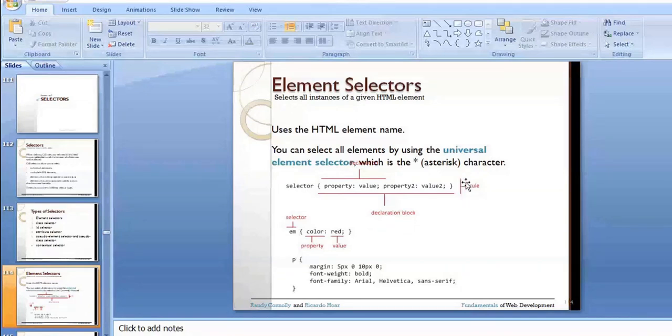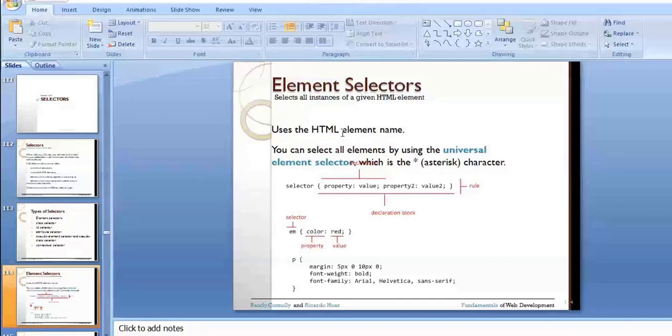Sometimes you may need to specify a single, same style for all the HTML elements. In that case you can specify the asterisk symbol. In the element selector, the normal simple method is to specify the HTML element name.